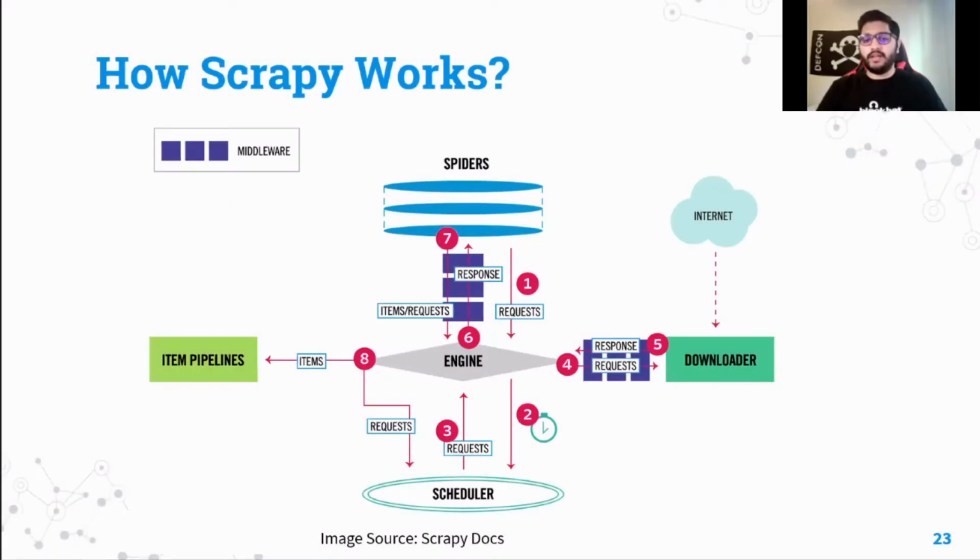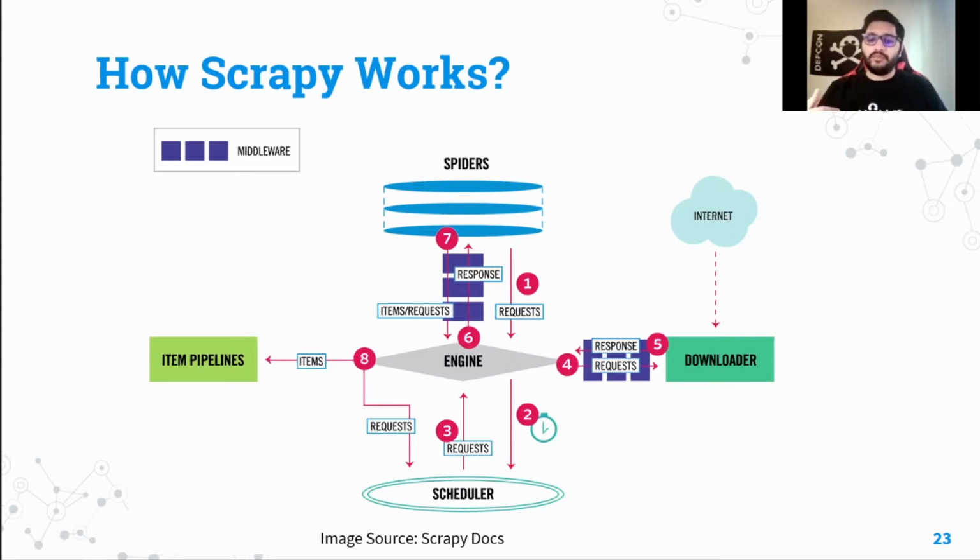Moving on, going a little deeper into Scrapy, because that's our main focus, our main tool to hunt from the dark web. Let me talk you through the steps, basically how Scrapy works. Think of all the things you see here as different Python programs. Spider is a Python program, and so are the engine, scheduler, downloader, pipeline, and middleware. These are all Python programs.